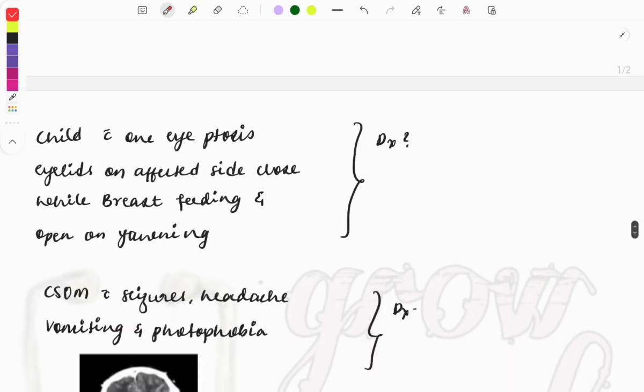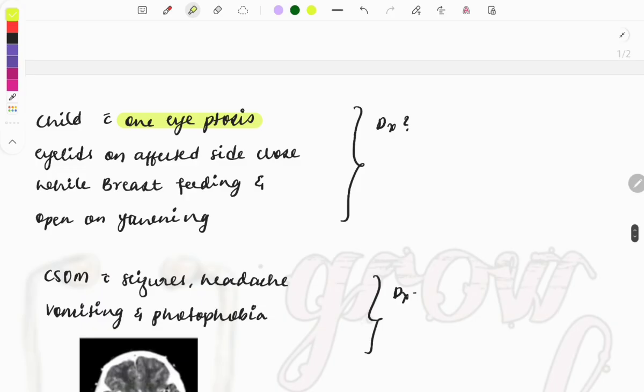Then the next question, a child with one eye ptosis, look at the catchwords. One eye ptosis means the eyelid is closed, like it is closing the eye. Then the eyelid on the affected side closes while breastfeeding and opens on yawning. See, it means the eyelid has some connection with the mouth, with the muscles of the mouth. So this condition is famously called the Marcus Gunn